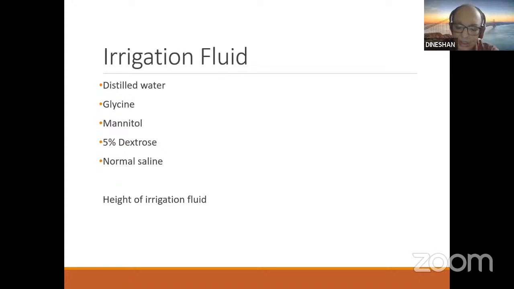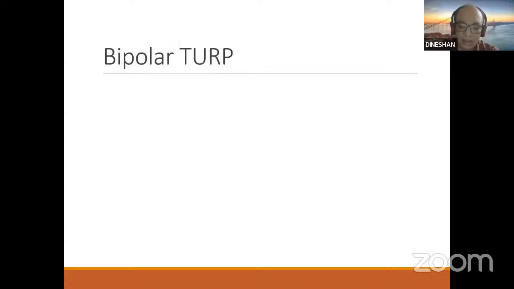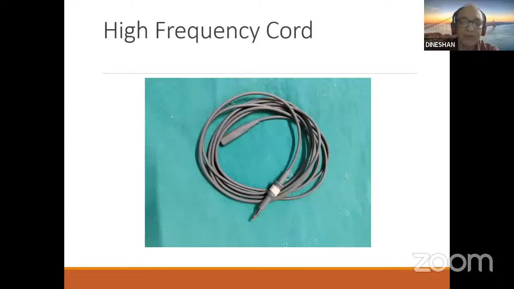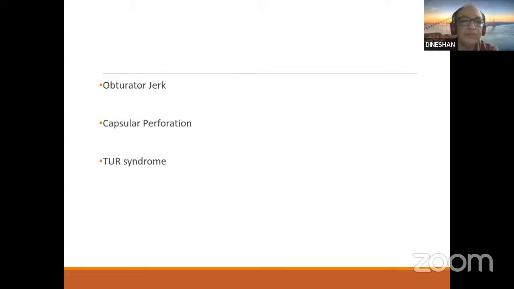And then the patient can develop a TUR syndrome. So the causes of TUR syndrome: there is more water absorption.